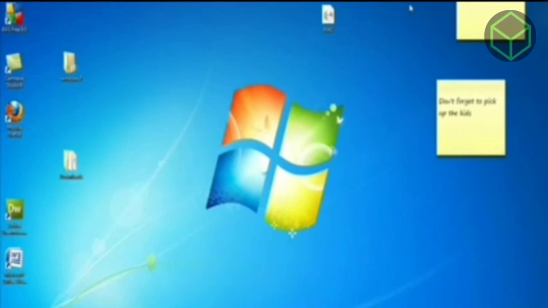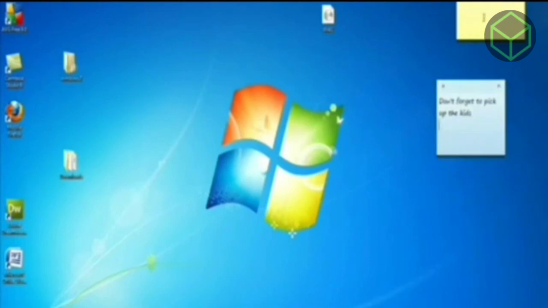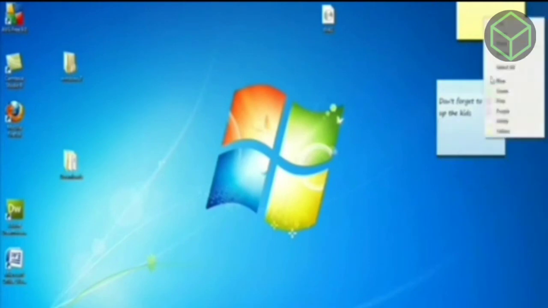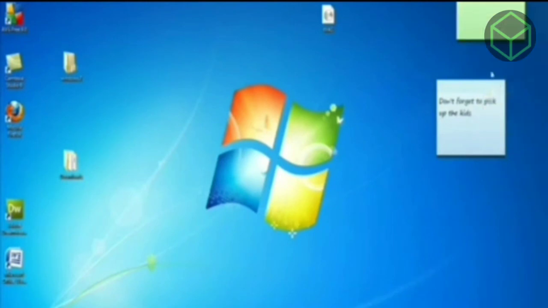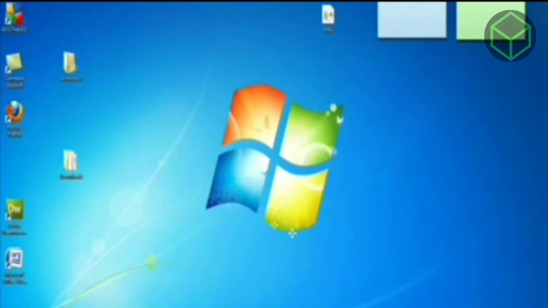I'm going to tell you the steps to open sticky notes on your desktop. So first you have to go to the start menu, then you will find there an accessories option. After you get the accessories option, you have to turn on the sticky note option.